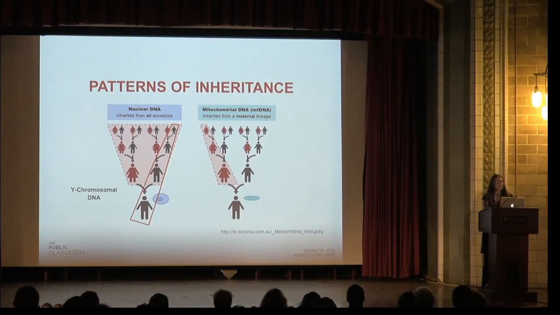One specific form of nuclear DNA is your Y chromosome DNA. Now, not everyone here has a Y chromosome. If you're a genetic female, you don't have a Y chromosome. But if you are a genetic male, then you can get your Y chromosome tested, which will reveal paternal inheritance. And so he gets it from his father, who gets it from his father, who gets it from his father. So it's revealing only one line of your genetic lineage in comparison to your nuclear DNA.